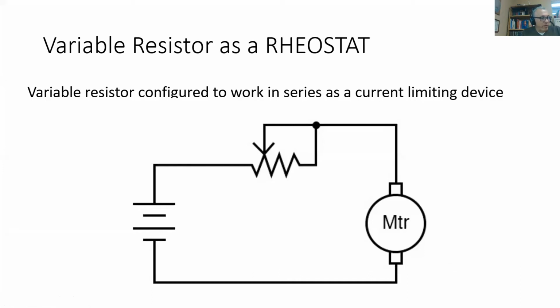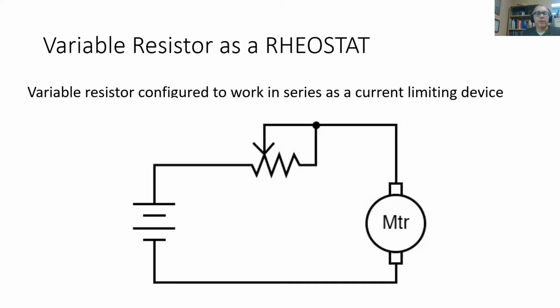All right, so variable resistors are configured in two modes. Mode 1 is as a rheostat, okay? So a rheostat means that it's placed in series and it is set up as a current limiting device. So what that means is if you have a function, say like a dimmer, what you would do is you would set your variable resistor up as a rheostat. All right, so what that does is